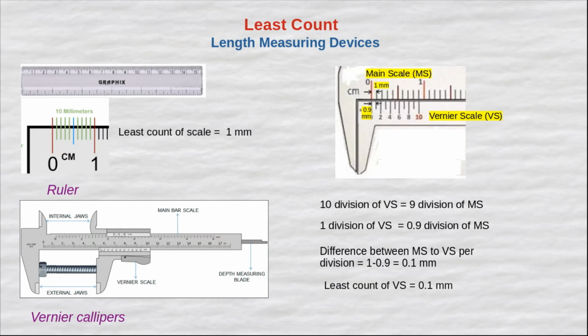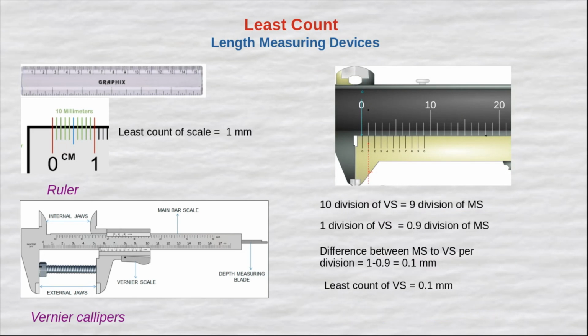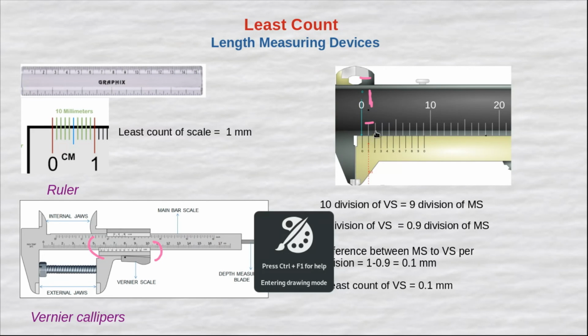Why am I saying the least count is 0.1 mm? Because least count is the minimum accurate dimension which can be measured through that device. So here, how much minimum can you measure? I will show you. If you match this